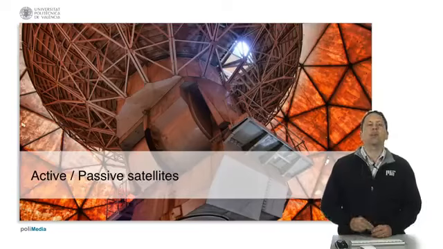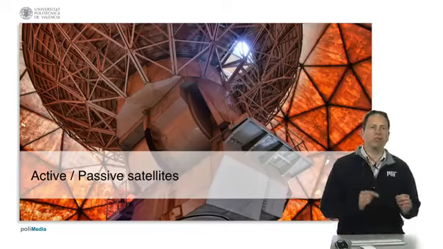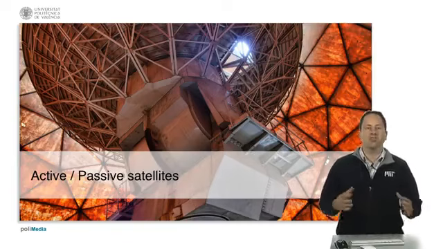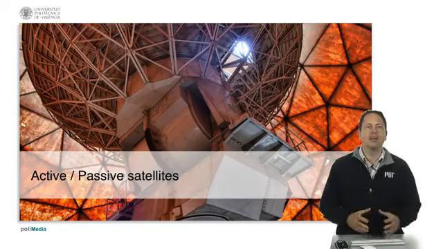There are two major classes of communication satellites, passive and active. Passive satellites only redirect the signal coming from the source toward the direction of the receiver, and they do so usually by reflecting this signal. With passive satellites, the reflected signal is not amplified, so when it returns to Earth, it's very weak and